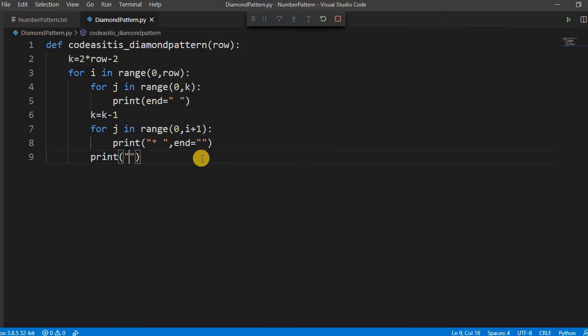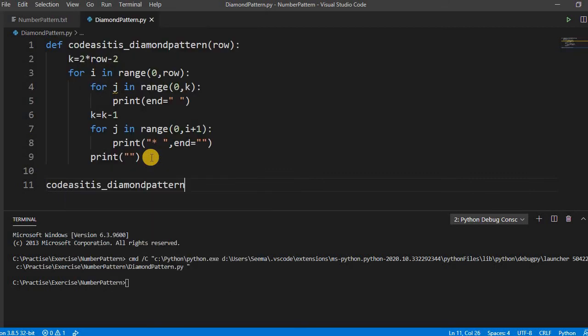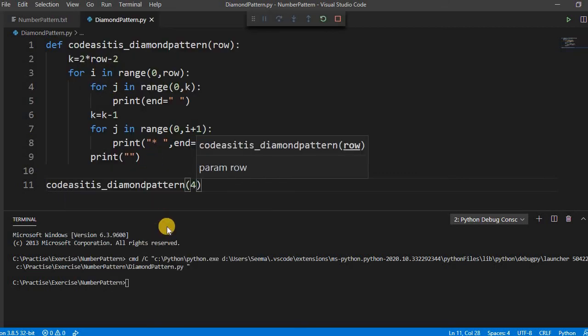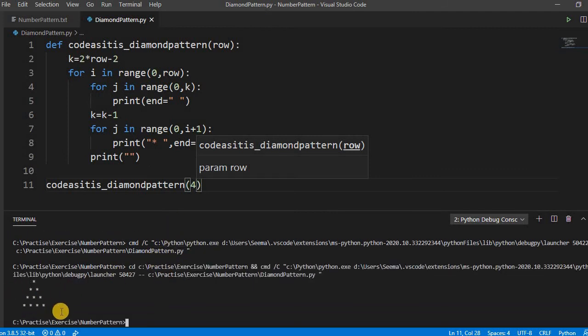Okay, let's run this. So it will be the upper half. We have to call the method. We have not called the method. Let's try it for 4. Let's run this. See, it's printing the equilateral triangle, right? We are okay till here. Now we have to print the lower half, the inverted half, but it's not till the 4. It starts from 3, 2 and 1, right? So 1 lesser than that.